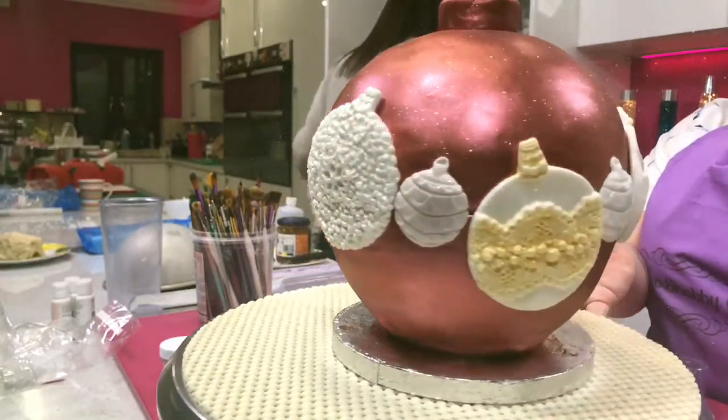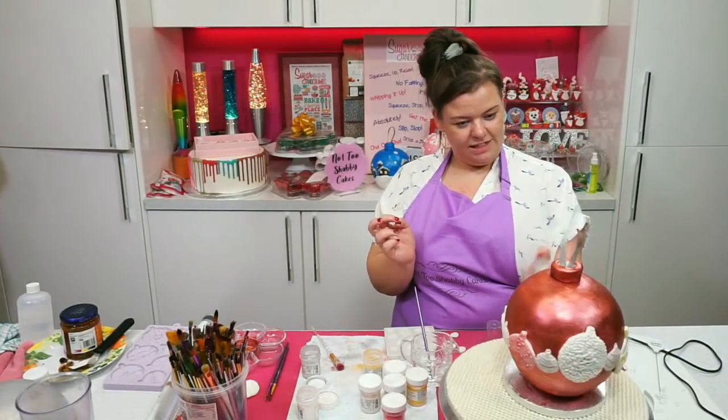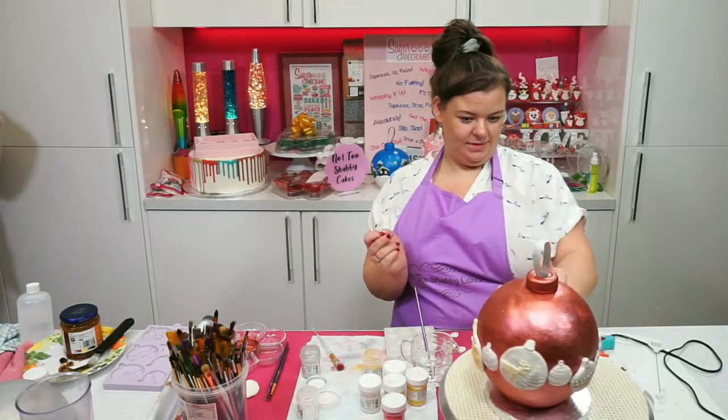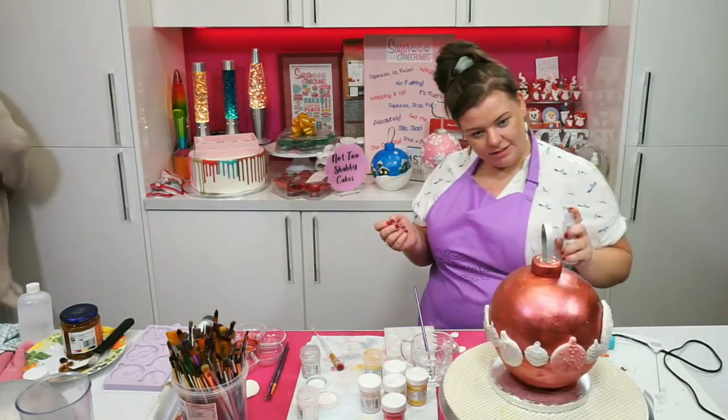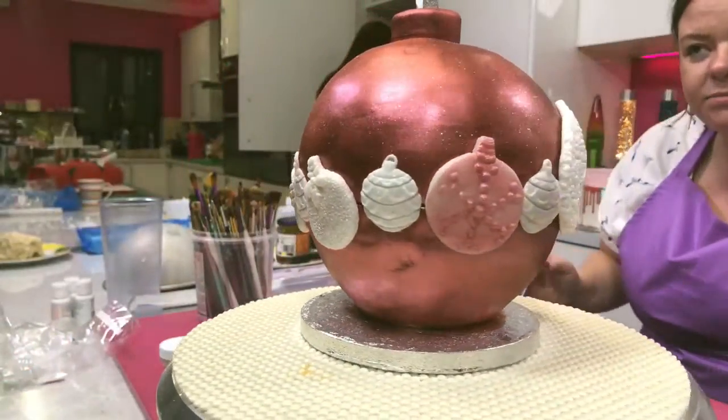Bit of sparkle. Can't go wrong with a bit of glitter. If in doubt, glitter it. No, literally. There we go. And then,